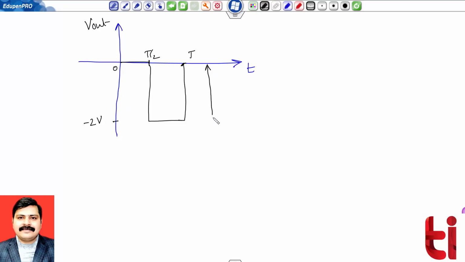And if you can check, this value VPP over here is 0 minus minus twice V, so it is equals to 2V. That means VPP of input and output is same. So this is indicating that my given circuit is a negative clamper circuit,